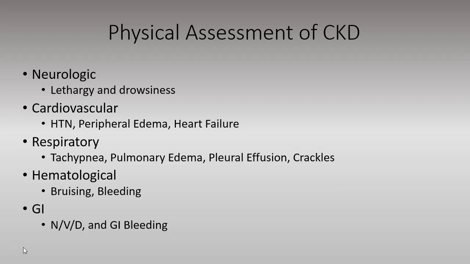All right, so let's make this as simple as possible. You have a patient who has chronic kidney disease. We know that the kidneys are not working properly. We know that them not working properly and filtering what your body doesn't need, because it's constantly trying to cause homeostasis, means if it holds on to all the things that your body doesn't need, you're going to have issues. So for neurological, it's going to be the lethargy and the drowsiness. We know that if your body does not flush out what it doesn't need, which is going to be fluid, sodium, potassium,